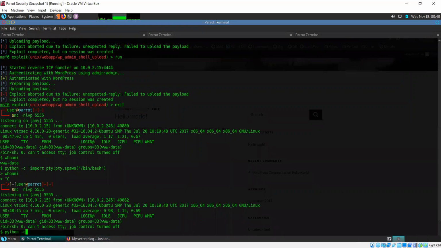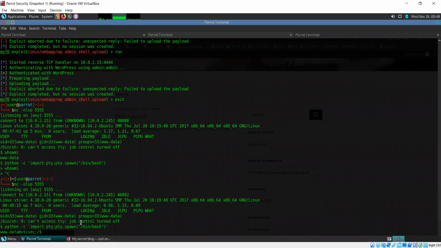What we're doing is we're using Python to open a proper bash shell. Okay, so now we have a much better shell with Python. Now we are www-data at VTCSET.